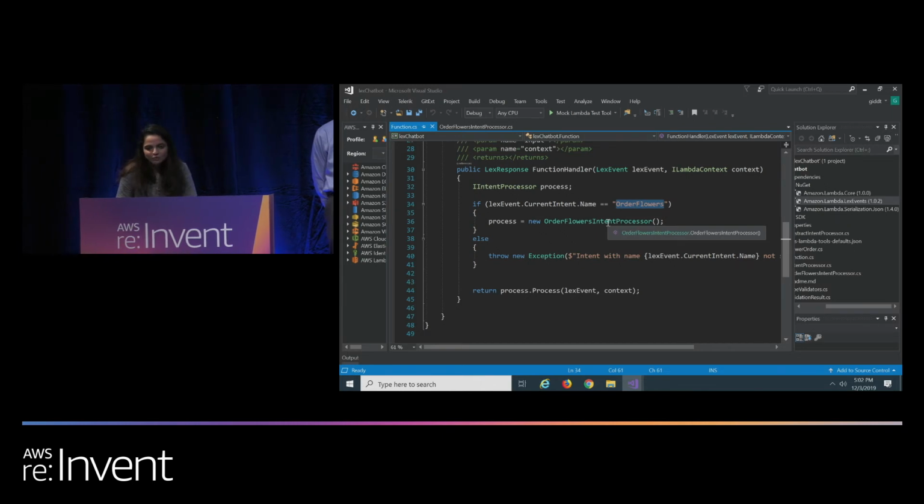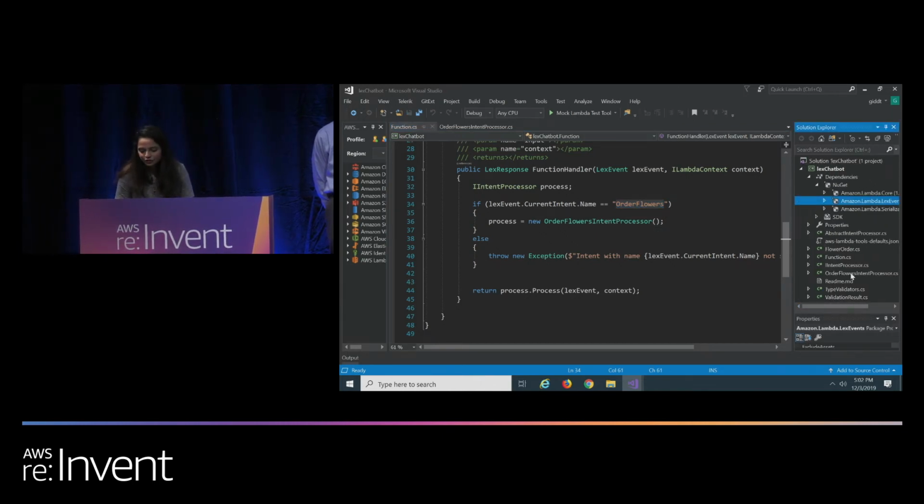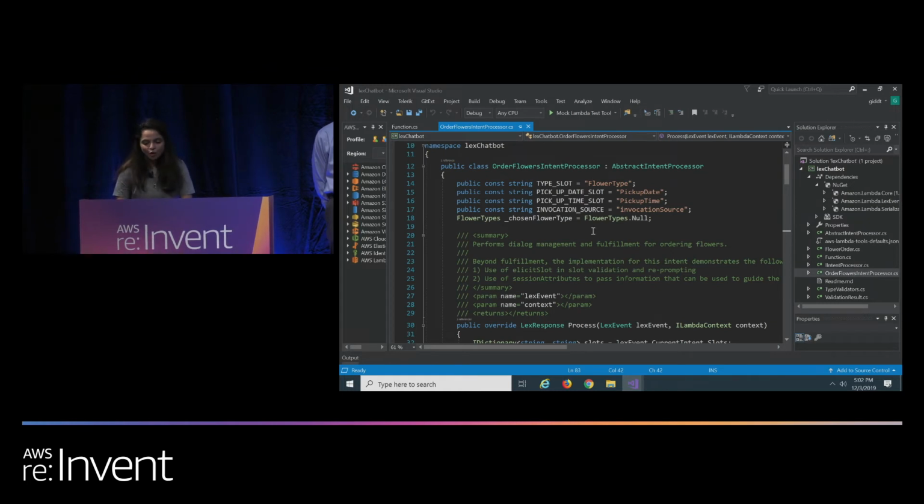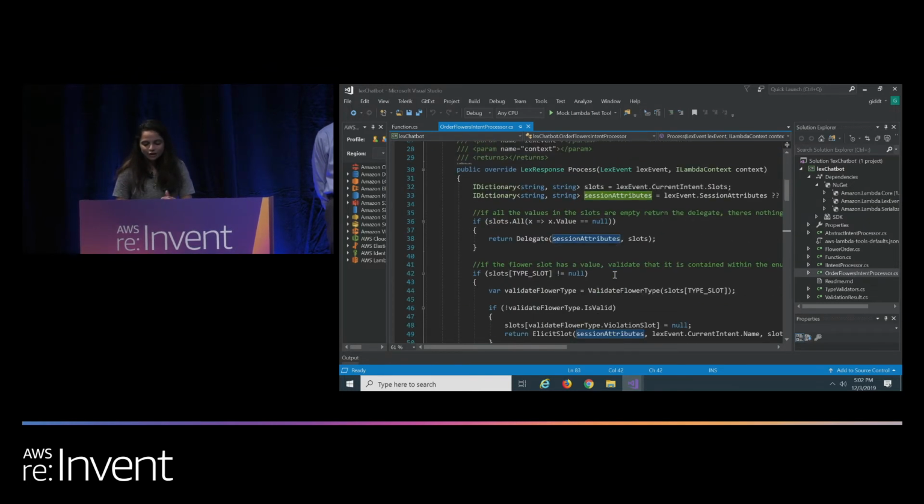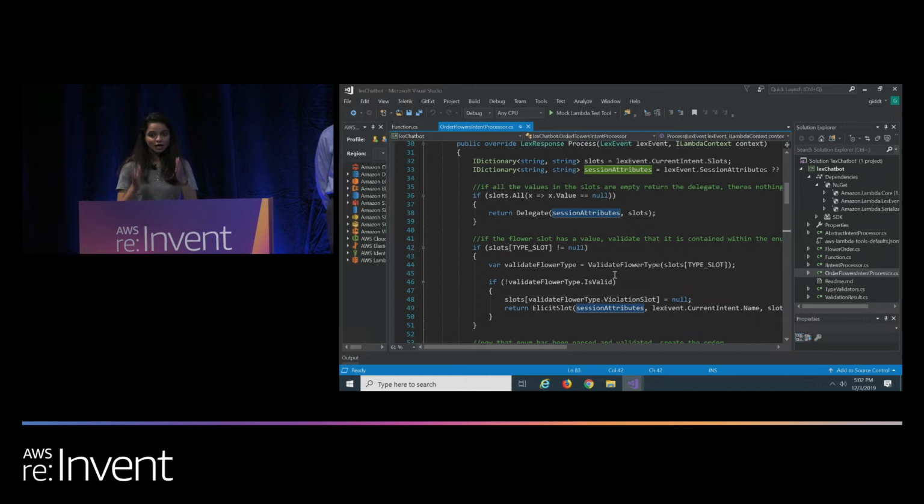And then you call the intent processor. So this is where all the work happens. You process the intent over here. You get all the slot values, and you validate those slot values. Like, did they give the right values or not? If not, then you send back. You can elicit a slot, and you can send back saying, OK, I don't have all the slot values. Can you fill in these values here?